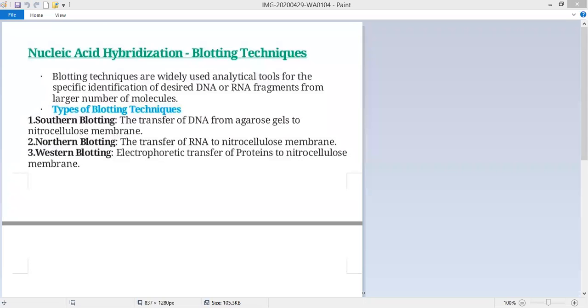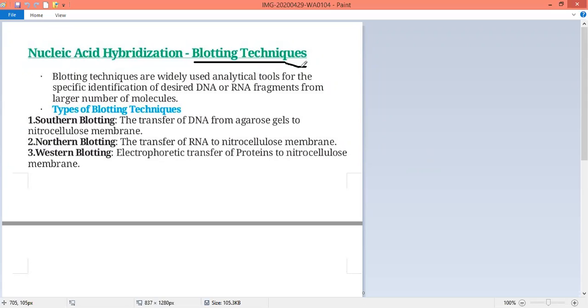My dear students, let us take another topic. The name of the topic is blotting techniques. Blotting technique is one of the advanced types of method where we are able to separate DNA, RNA and proteins, and they can be visualized. So the separation of DNA, RNA and protein molecules and visualization of all these macrobiomolecules by a technique we can call blotting techniques.